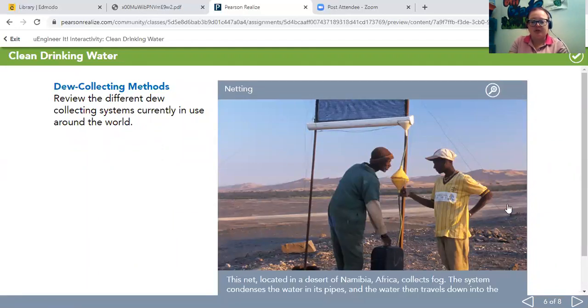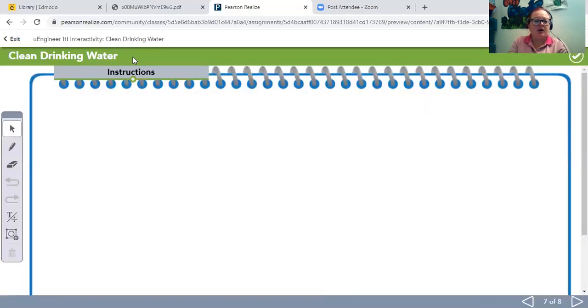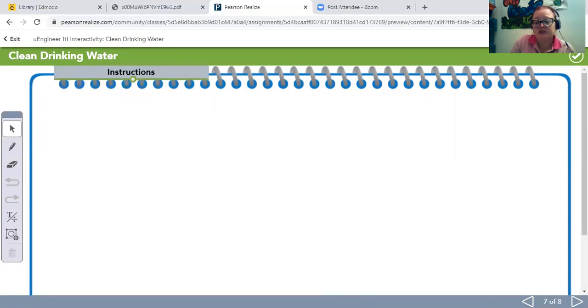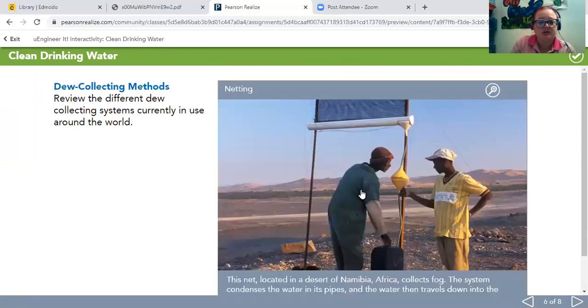Remember, you need to go through each of these parts as well. Make sure you read it. And then you have this part right here. Use a drop pad to design your dew collecting device. So honestly, I don't know what type of device I would create to collect dew. That's what this is kind of,